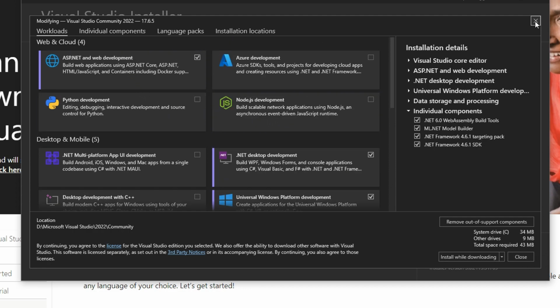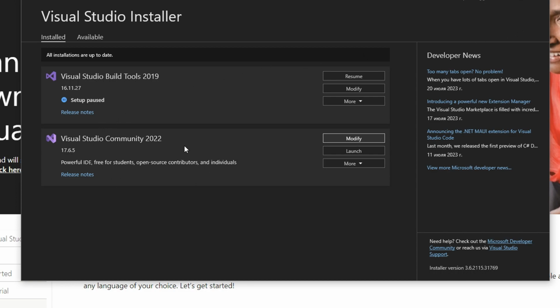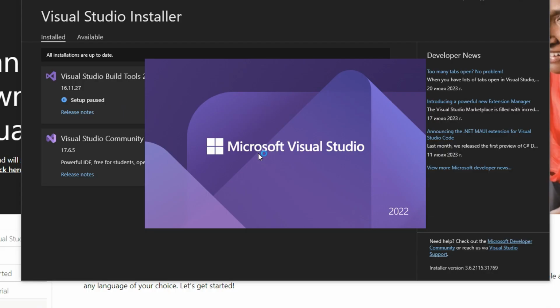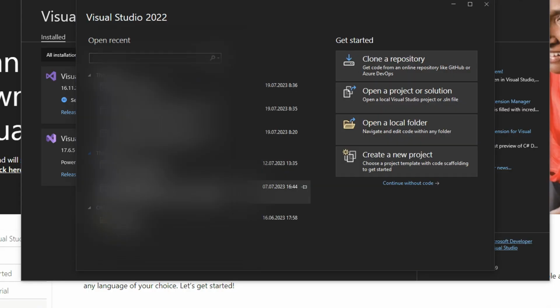You need to wait a little bit while it's all downloading and installing, and now you can launch your Visual Studio. At the first time you need to log in into your Microsoft account, but you can skip it. Now your Visual Studio works, there are several projects, you will not have any, but now you can create your